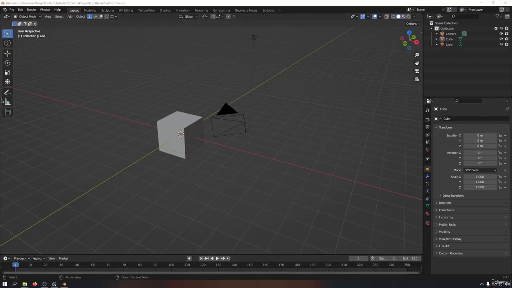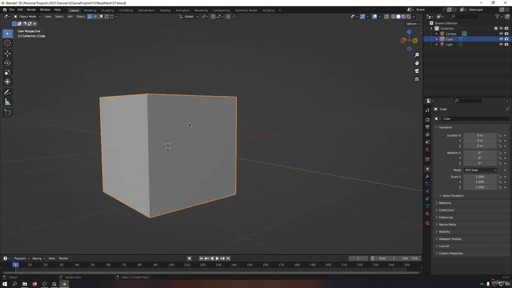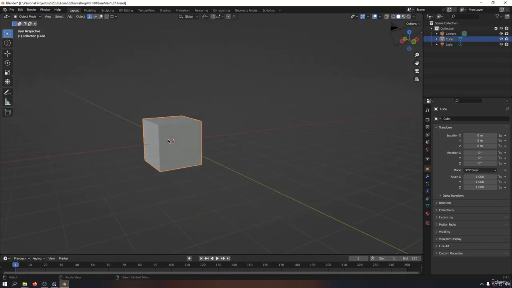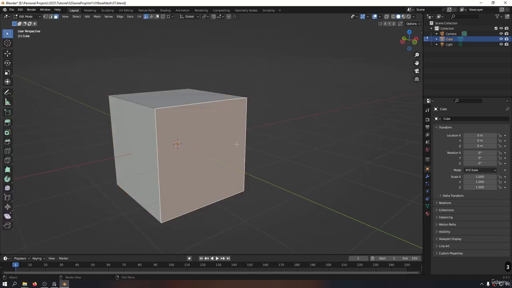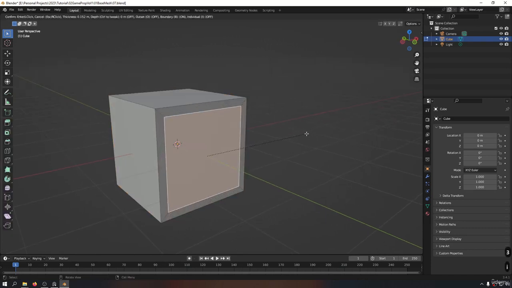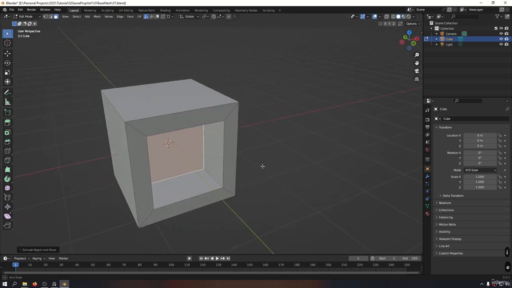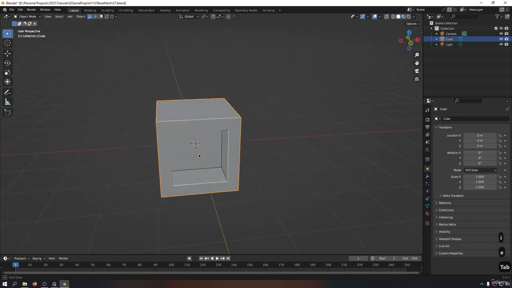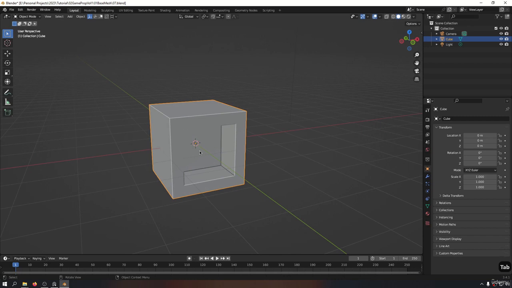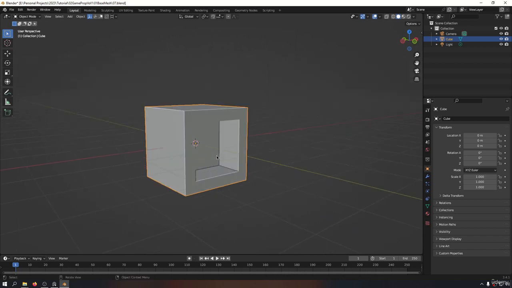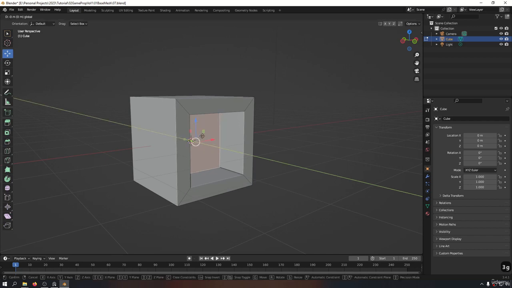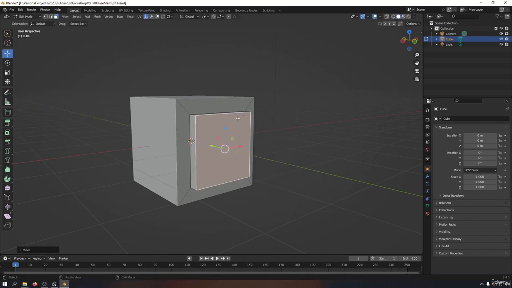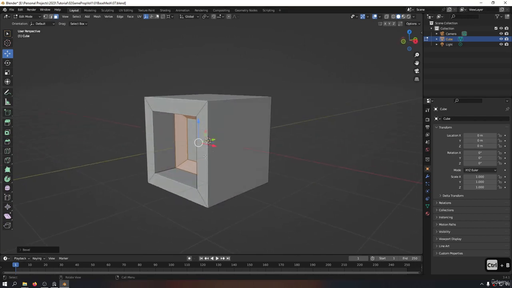For example, if I'm going to carve something into this default cube, there are a couple of ways to go about it. The first one is that I go into edit mode and do inset and then extrude it out. Okay, this is one way of doing it, but this one is destructive and it's gone. If you're going to do some changes, you can go in here, try to bring that back. Let me bring it to here. If you're going to change it, if you're going to, for example, bevel, you can go here,